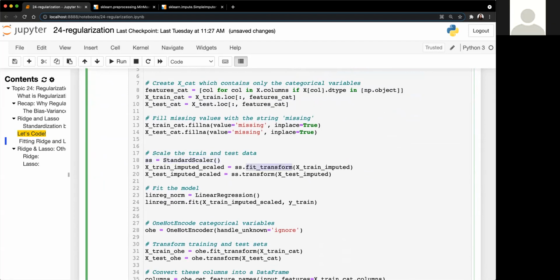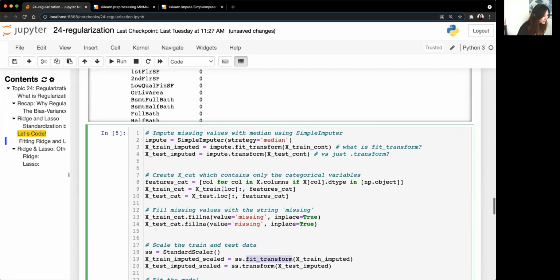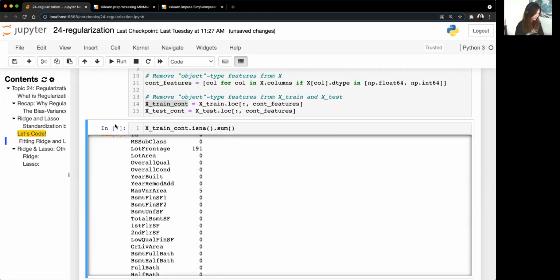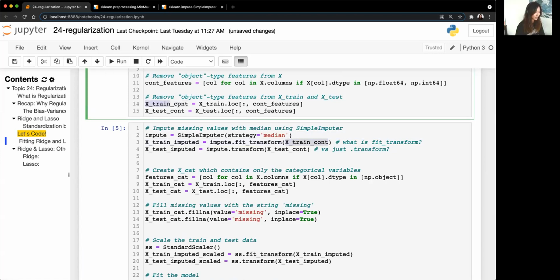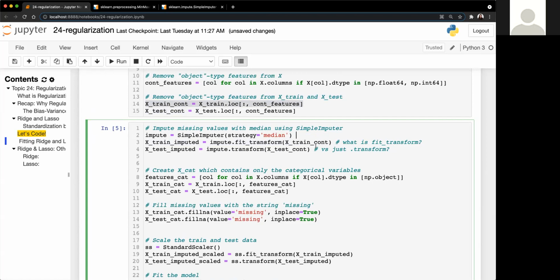Oh, yeah. So when you did the median, how did it know not to put it in the categorical? Oh, that's just because we split it up here, with the features. In this line, we are only looking at the continuous features. So X-train continuous and X-test continuous are only the continuous. Oh yeah, you did that there. Sorry, I wasn't super clear when I explained that, but we're basically taking